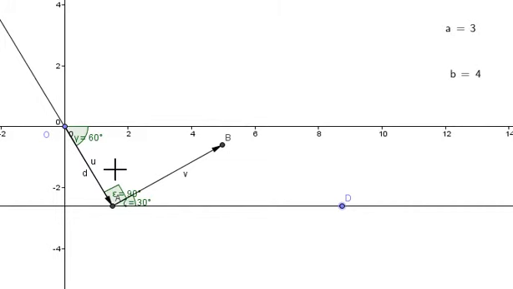So angle DAO equals 180 minus 60, which is 120. Then the angle epsilon is 120 minus zeta, so it is 120 minus 30, which is 90